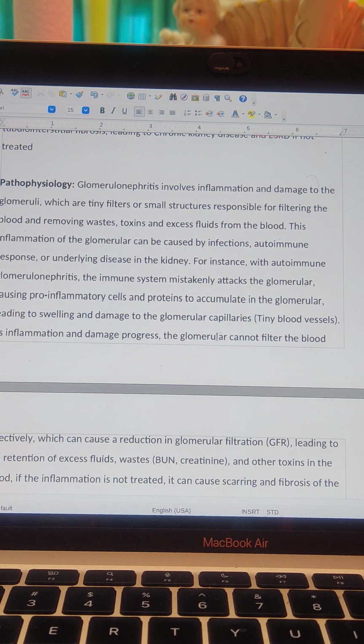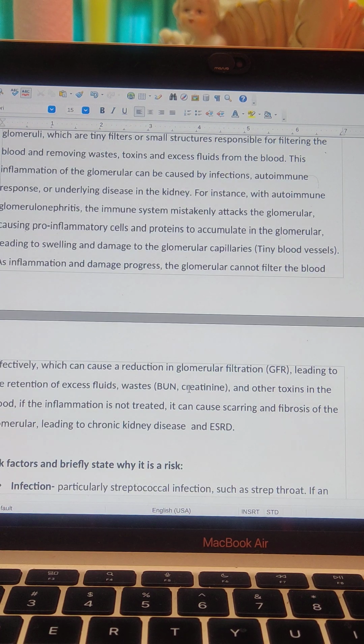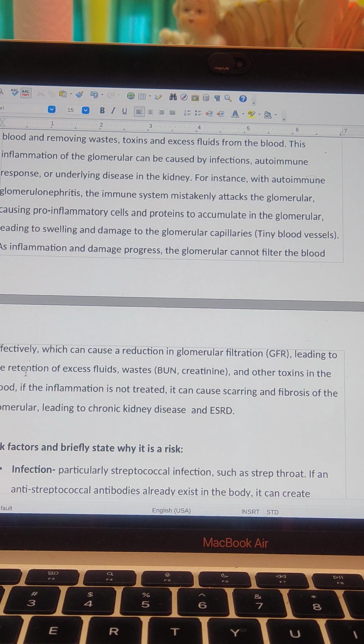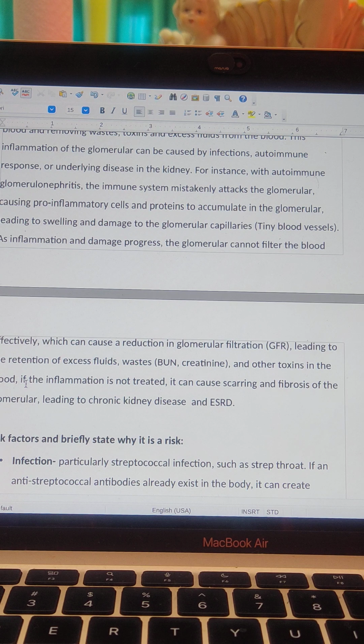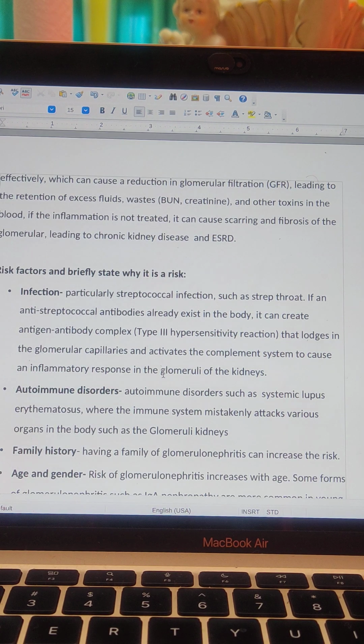As the inflammation and damage progress, the glomeruli cannot filter the blood effectively, which can cause a reduction in the glomerular filtration rate. This can lead to the retention of excess fluids and waste products such as BUN and creatinine and other toxins in the blood. If the inflammation is not treated, it can cause scarring and fibrosis of the glomeruli, leading to chronic kidney disease and end-stage renal disease. Risk factors: infection, like I said before, particularly streptococcal infection such as strep throat,